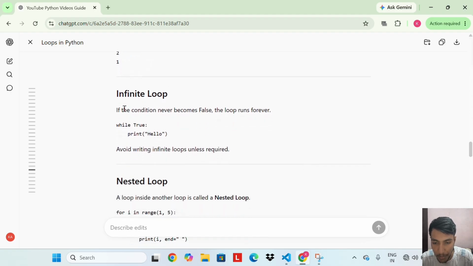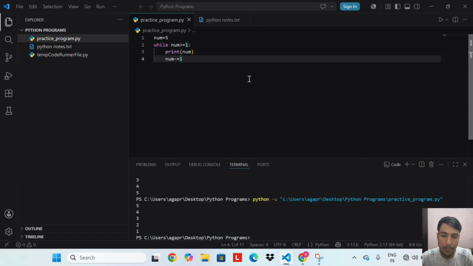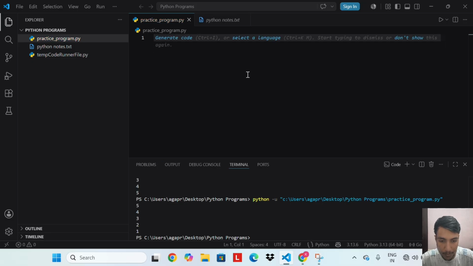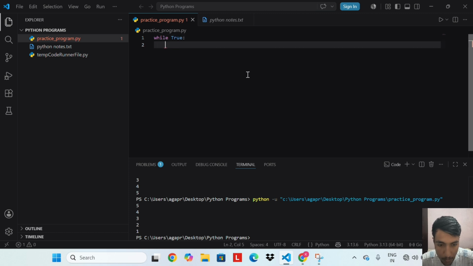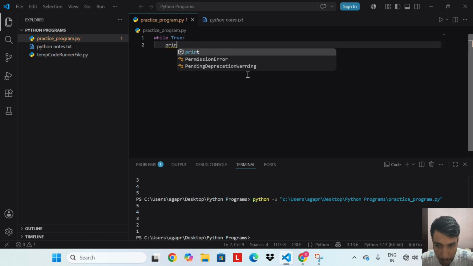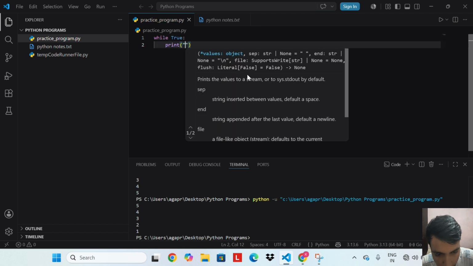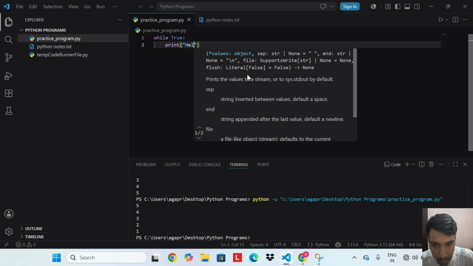Infinite loop. If the condition never becomes false, the loop runs forever. While True, print hello. Let's run this code.